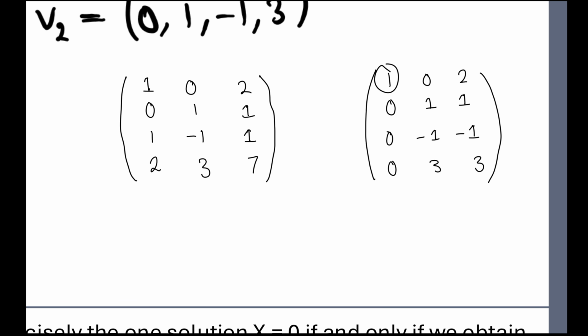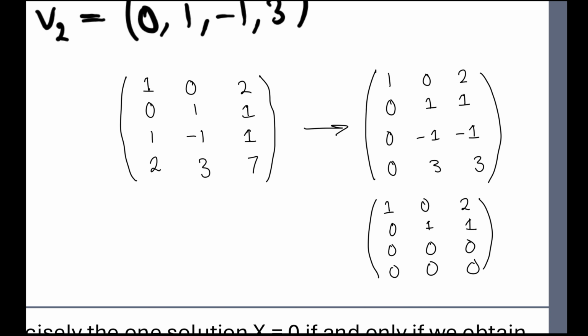So that's a leading 1, and that's just me making all of these entries 0. If we now continue onwards, this is our next leading 1, and we need to make these entries 0. So then we get,